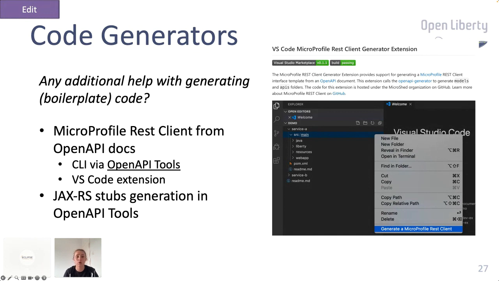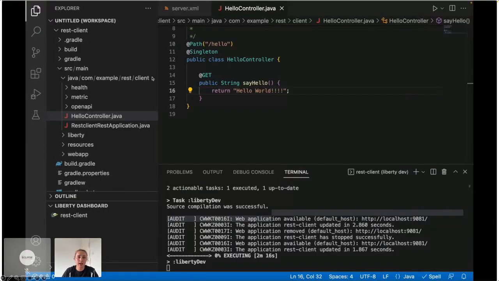We actually have a guide on that on our OpenLiberty website. So have a play around with that. Get familiar with how OpenAPI code is generated and how that can help to create boilerplate code like this. So let's have a look at this in action in terms of how this actually helps with our